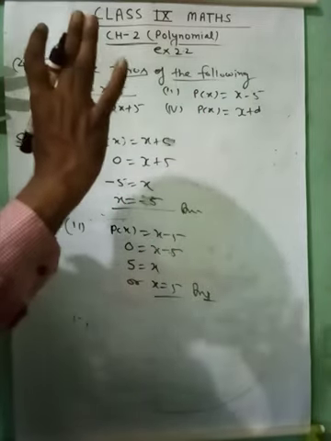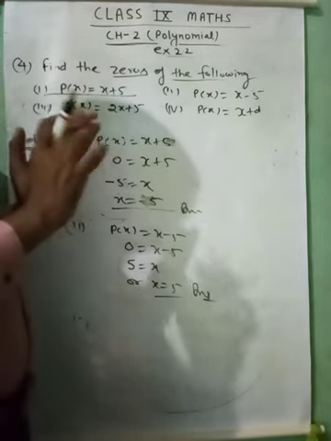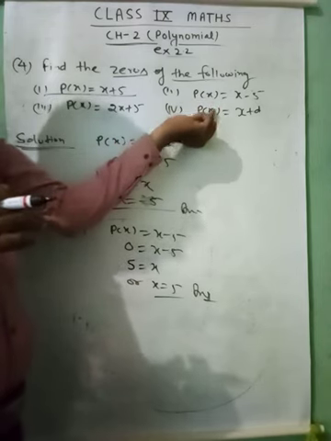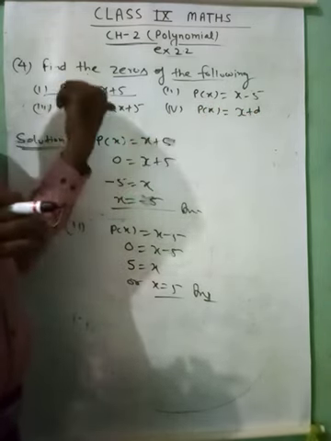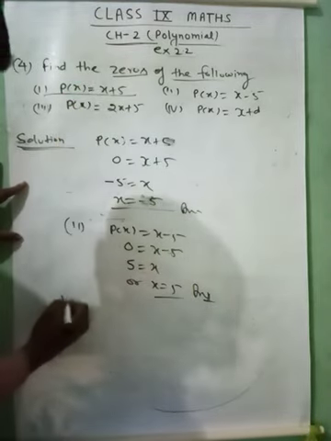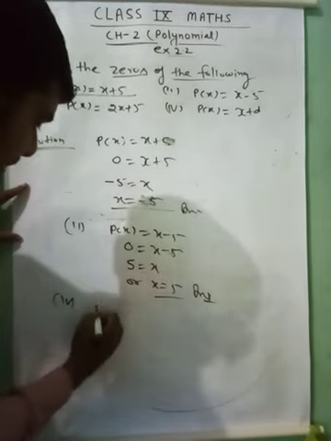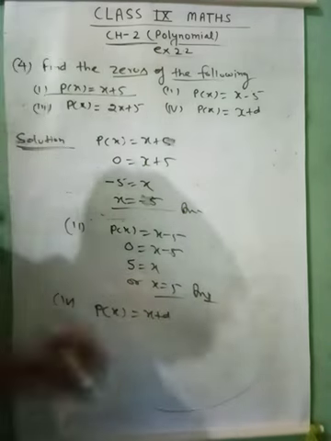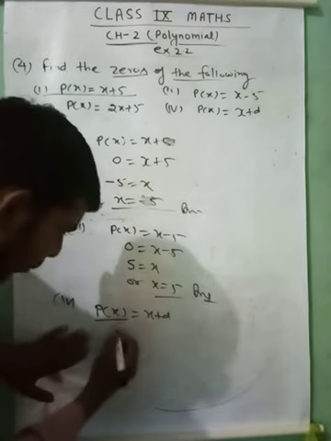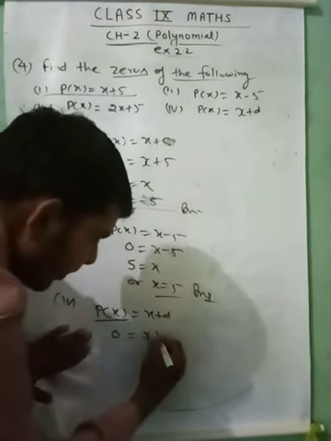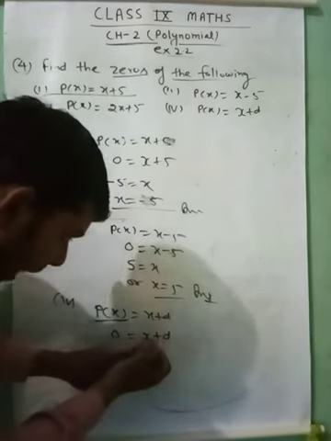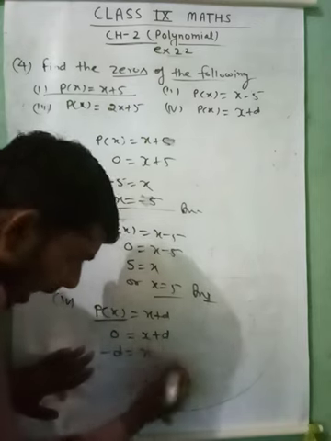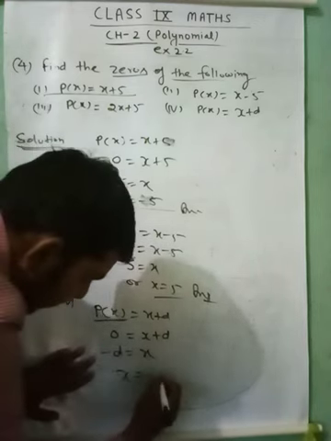क्लियर? तो जीरोस निकालने के लिए कॉन्सेप्ट यही है, जो भी यहाँ पे p(x) q(x) कुछ भी रहे उसके जगह पे 0 रख के इसके बराबर कर देंगे और इससे इसकी वैल्यू निकाल देंगे। अब क्वेश्चन नंबर 4 देखते हैं। p(x) is equal to x plus d, हमें जीरोस निकालना है तो इसके जगह पे पूरा जीरो हम रख देते हैं, 0 is equal to x plus d. So d will move to the left side, it will be minus d is equal to x. So x is equal to minus d.